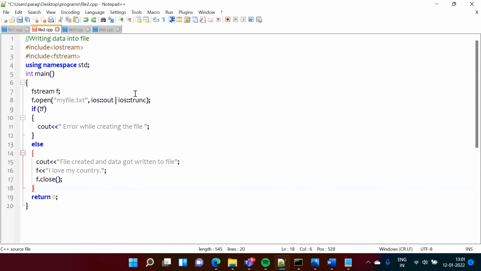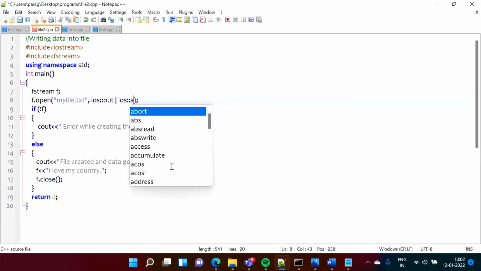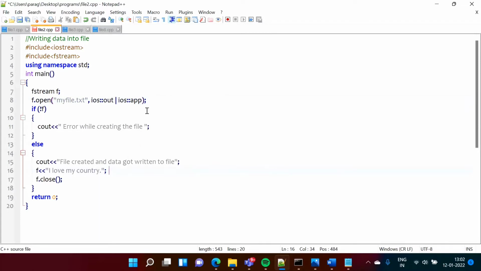Now see, in the last video, we have seen that when we have to perform input and output operations, at that time we have used this file operation mode. For example, here you can see we have used this mode trunc. What this mode does is it removes all the content from the file and starts writing new content from the beginning of the file. If we use mode append, that is here we are writing APP, it starts writing new content from the end of the file.